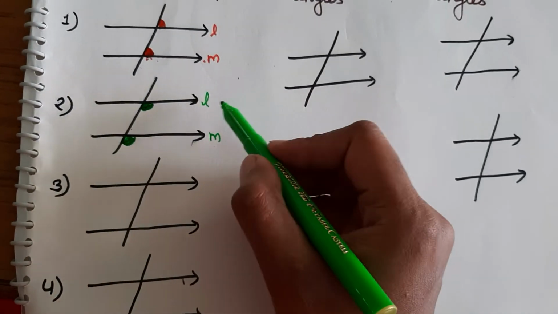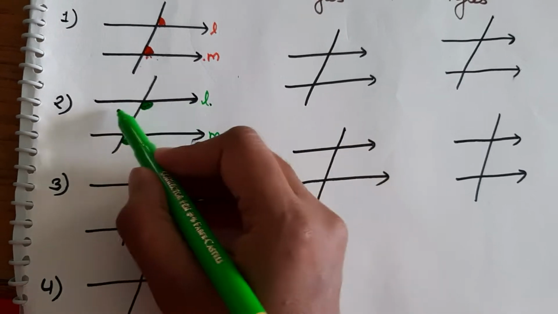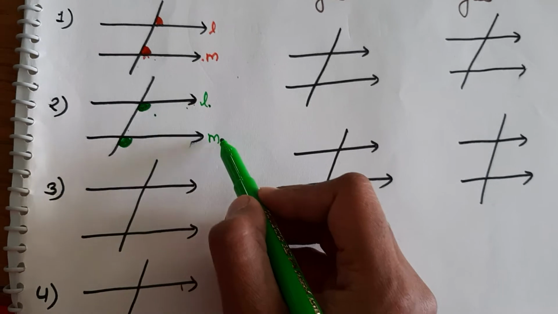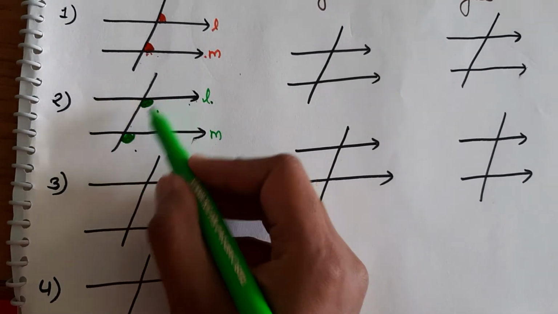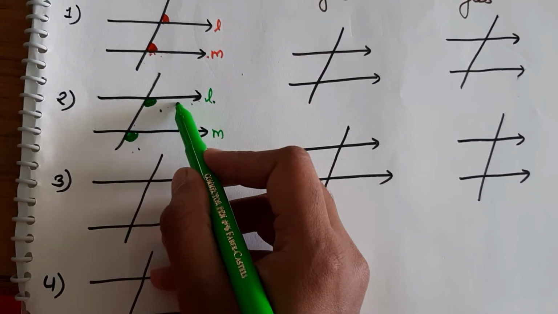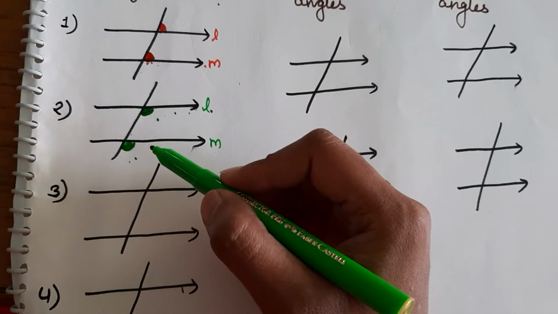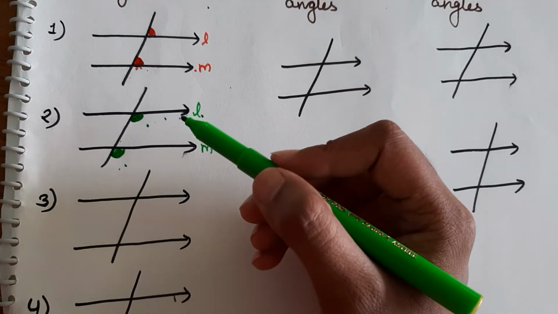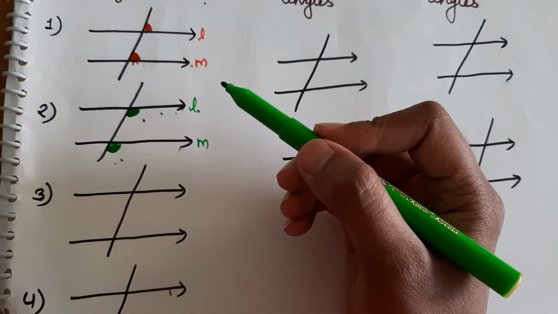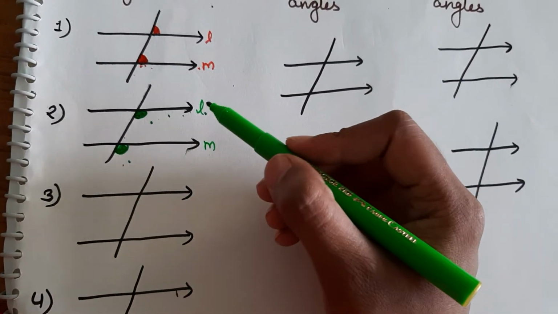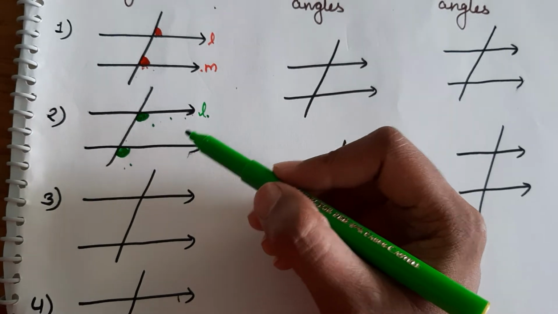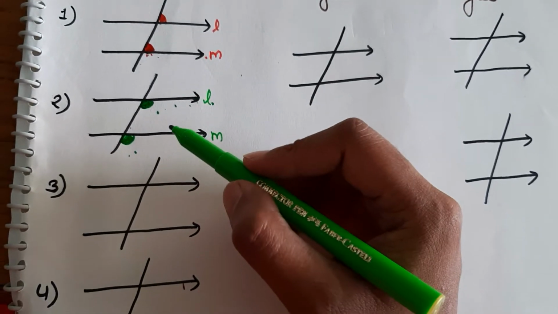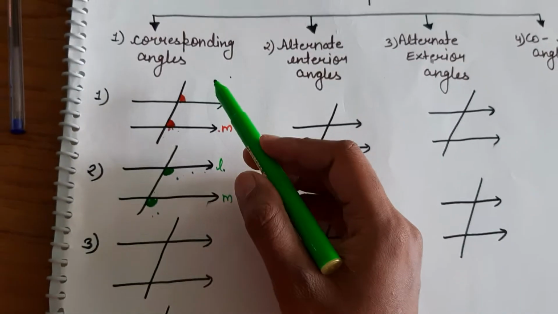Okay, understood now? If I take an angle in a certain position in L, you have to take the same position in M also. Those are the corresponding angles. I am giving an example from day-to-day school life: I am standing in front of you, so I am corresponding to you. If I come to your place in your row, that is a correspondence. It is the same with corresponding angles.